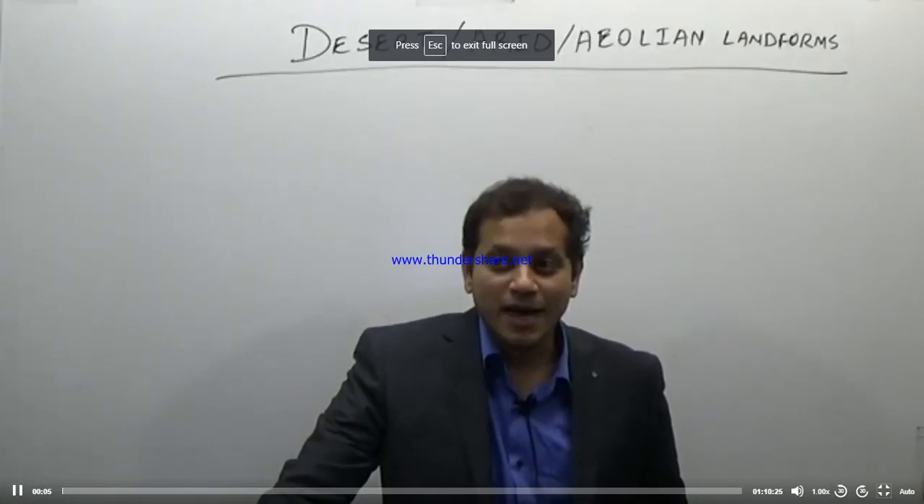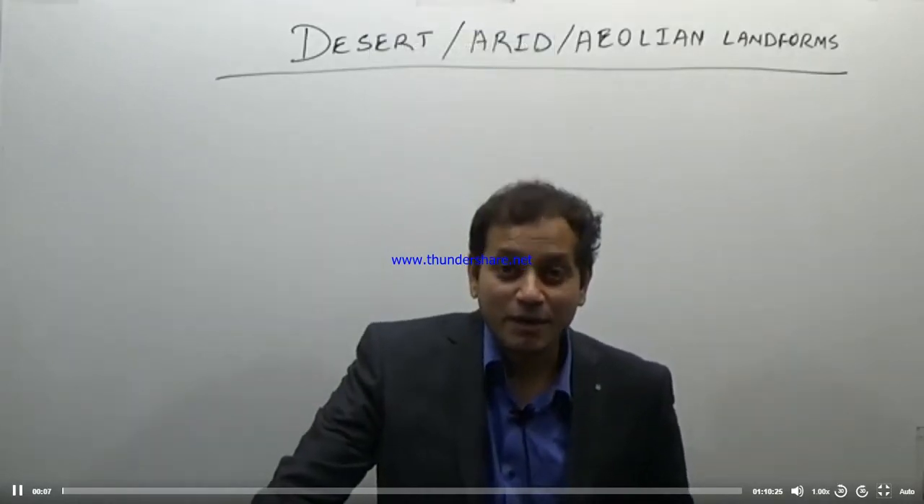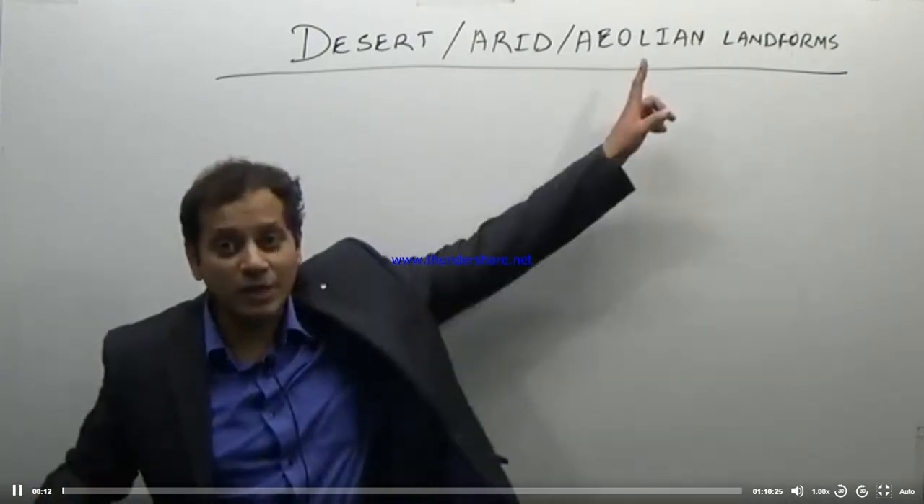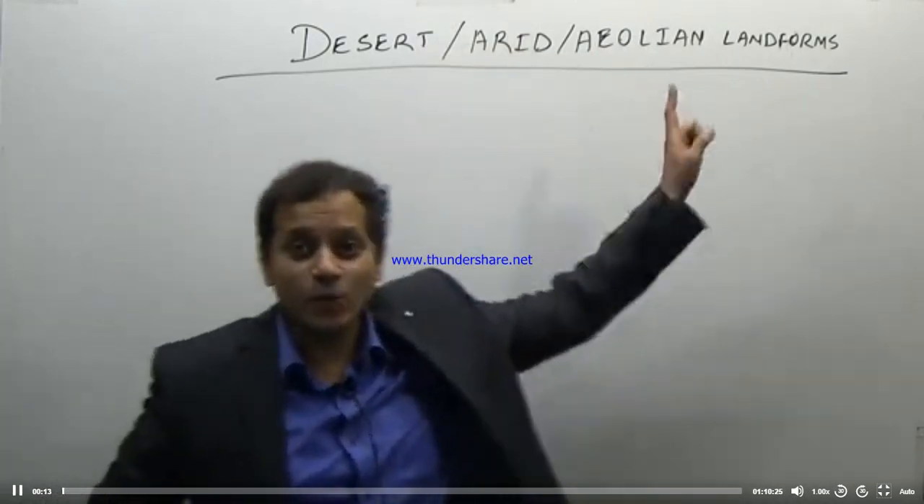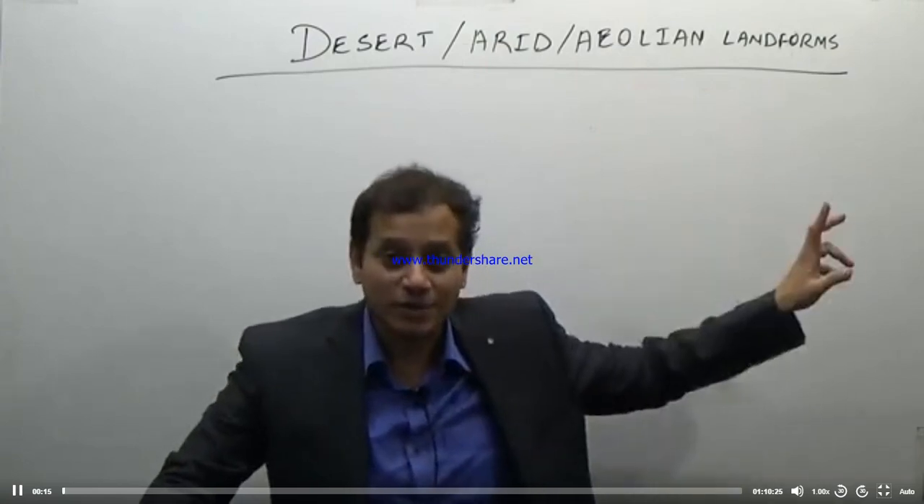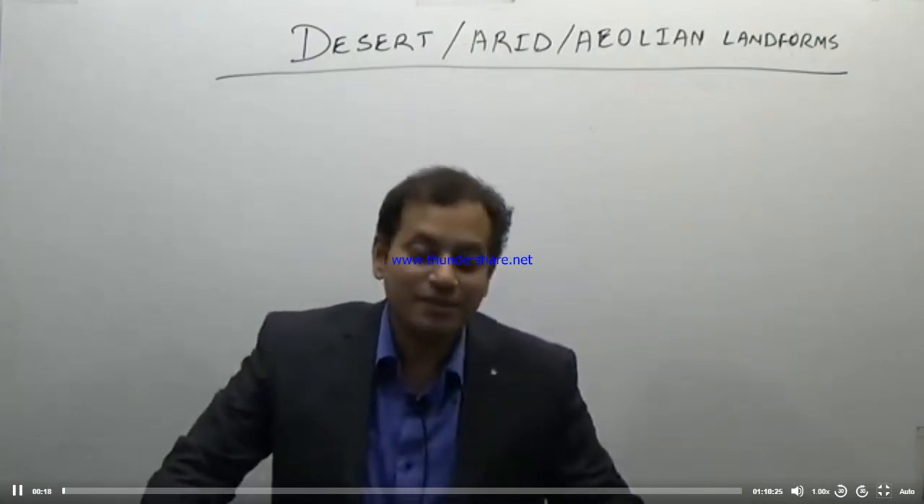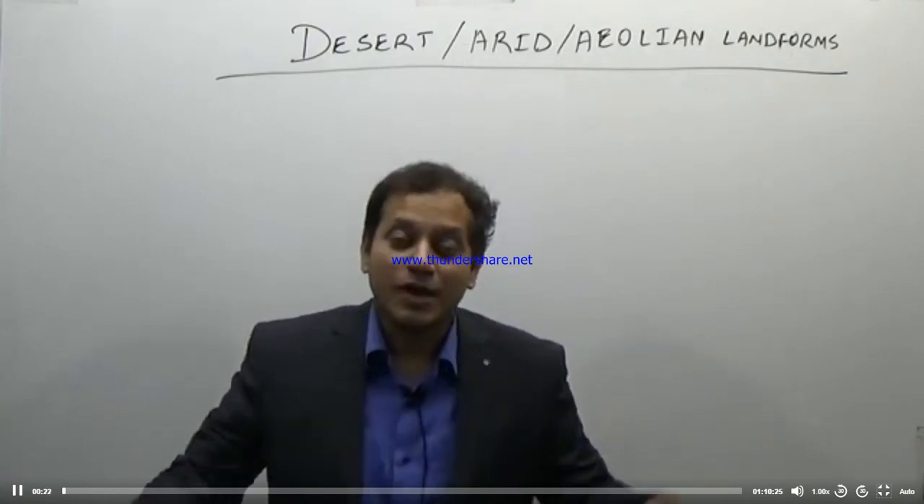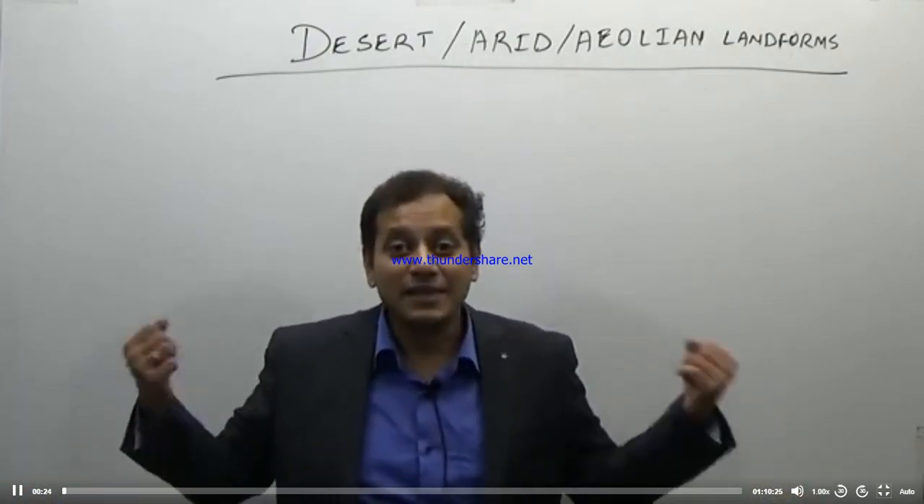Now these are the arid landforms, the landforms made by wind, and therefore the name, if you remember the earlier lectures, aeolian landforms, where the wind is one of the major agents of erosion. Now obviously the wind is a major agent of erosion in the desert only. Why? Because water is not present, even the ice is not present